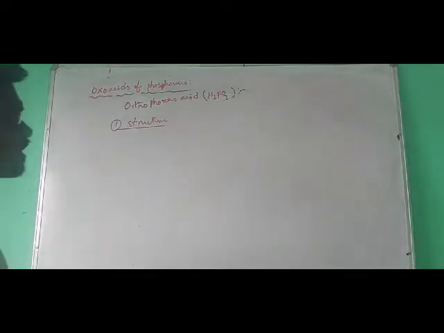So regarding every oxo acid of the phosphorus, we need to discuss four things, guys. Structure. Next one, what are the types of bonds present in that acid molecule? And the next one, what is the oxidation state on the phosphorus? And next one, what are the starting materials? I mean, by using which chemicals we can prepare this one. So these are the things mainly we need to discuss regarding each and every one.